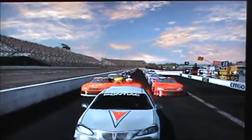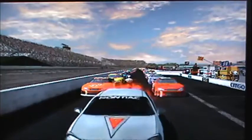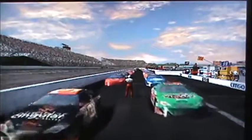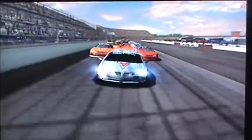Welcome to Season 2 of NASCAR Thunder 2004 for PlayStation 2. The 25th race of the 36 race season is the Mountain Dew Southern 500. Starting 5th with a brand new, or should I say, throwback new paint scheme. We'll see what happens in this one, but first...